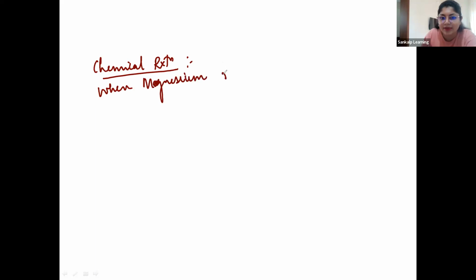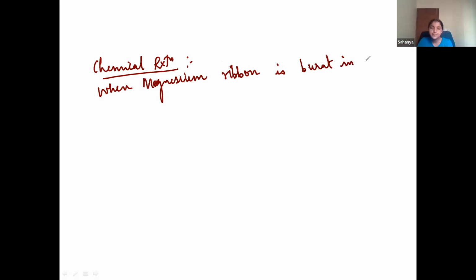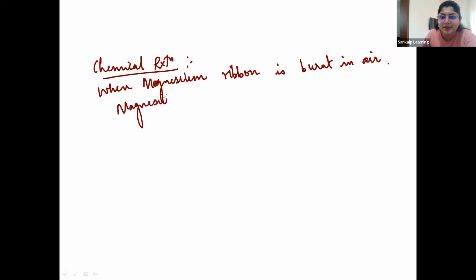When magnesium ribbon is burnt in air, you have to write the chemical reaction. That is, when magnesium is burnt in air, what is present? Oxygen, right? So magnesium reacts with oxygen